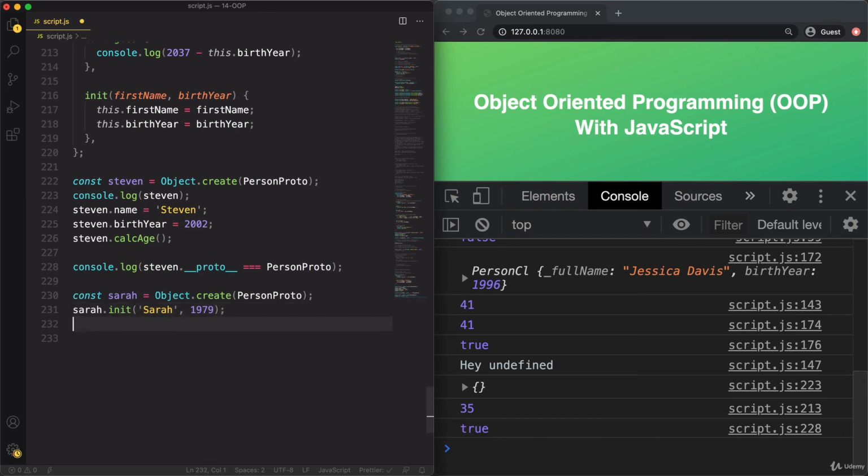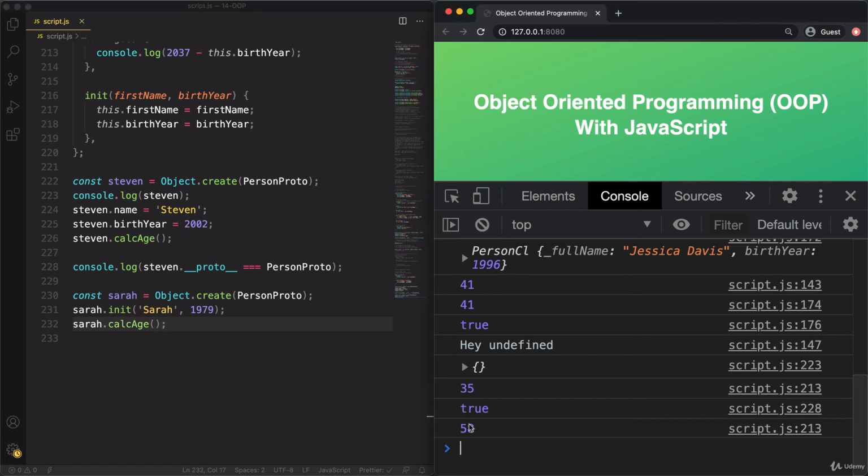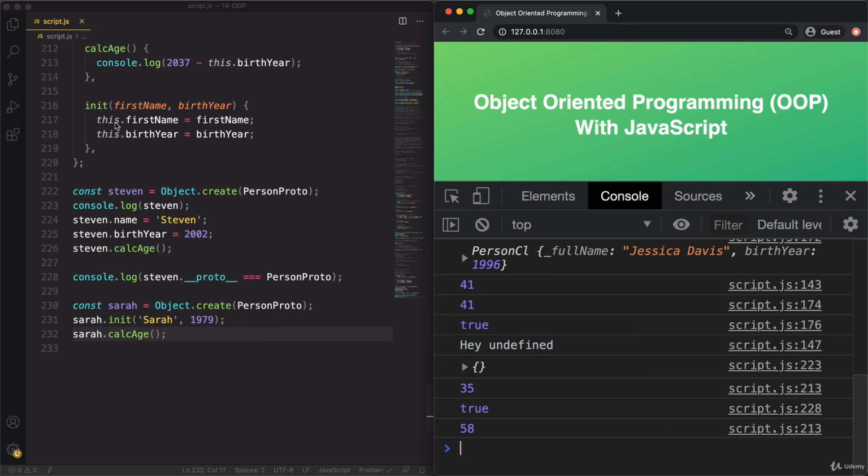And so let's then use calcAge here as well. And so then that just works beautifully as well. So here the this keyword will of course also point to the sarah object now, but it does so because we explicitly called init on sarah.